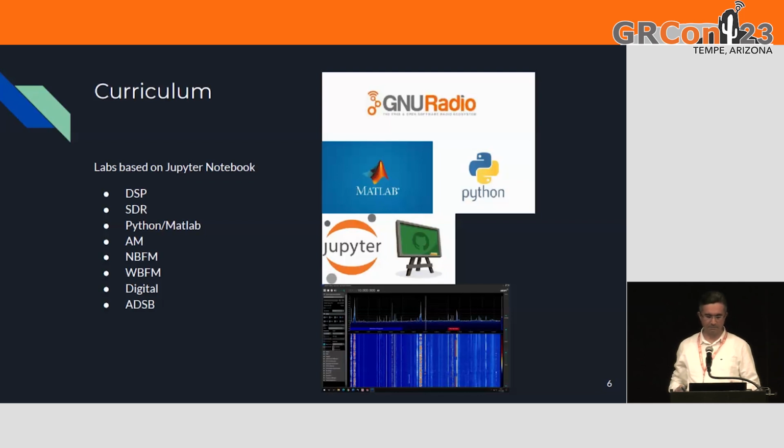It has many modules, and we begin with a DSP module because there are students new to the DSP world, and the SDR module gives an introduction to RTL-SDR, and the Python or MATLAB module gives programming with Jupyter notebooks and other libraries, and all other communication system modules consist of